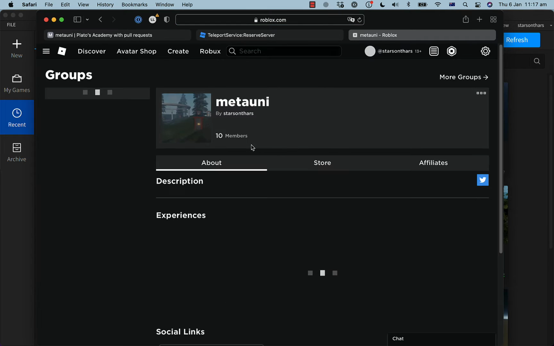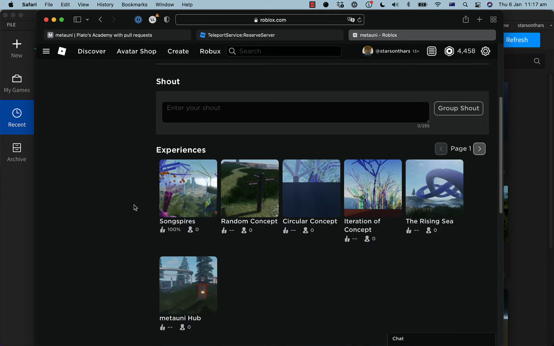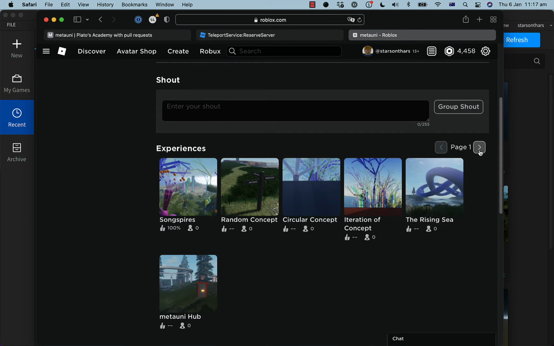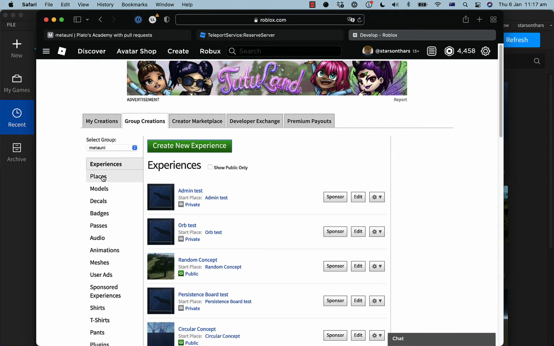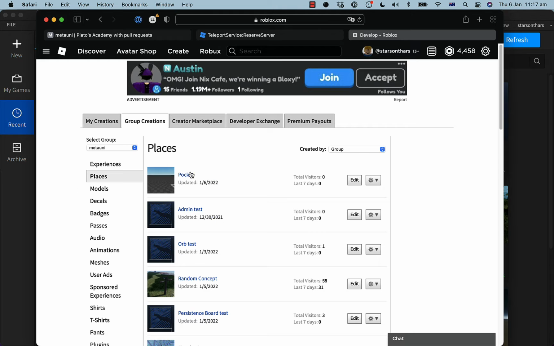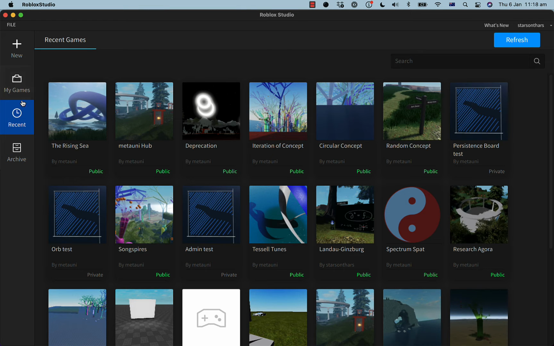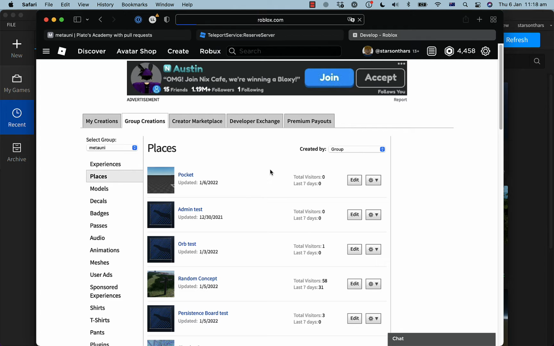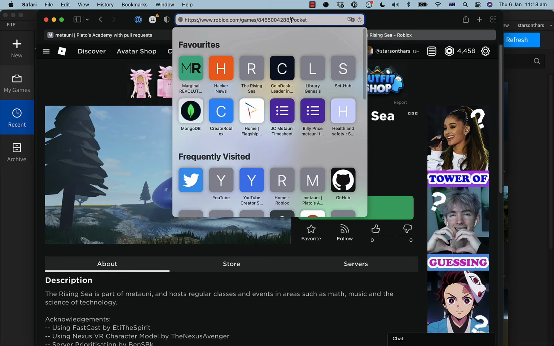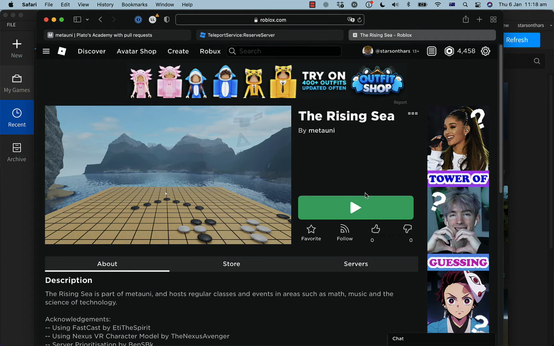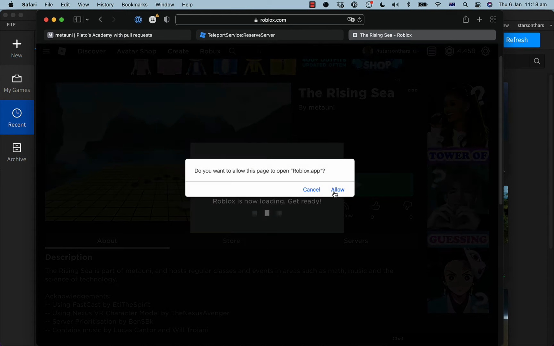But I think from Studio, you can click the 3 dots and then click Show Places or something. Go to Create. It's pretty weird. Go to Create and then Group Creations, and then you can go to Places. Ah, very good. Pocket. Okay, excellent. Did it have its own page? Like if you click on Pocket there, that just takes you. No, that's just the URL label. So if you play that? Yeah.